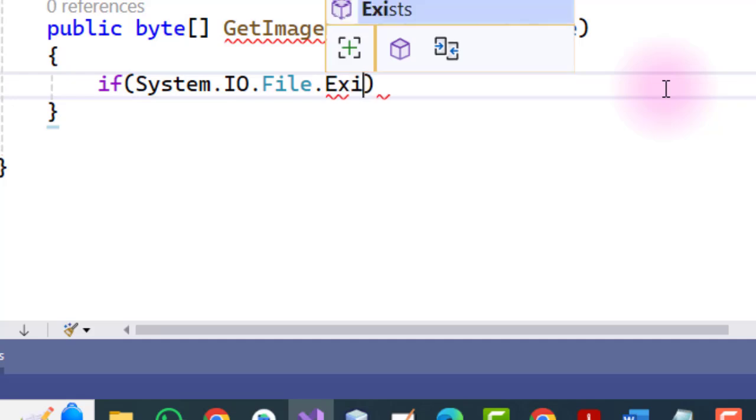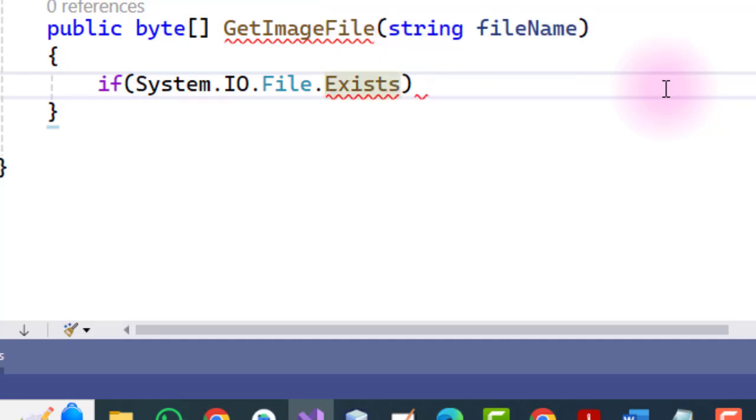Now the first step in this method, we check System.IO.File.Exists. Very important. If the file exists on the server, then only we will download this file.